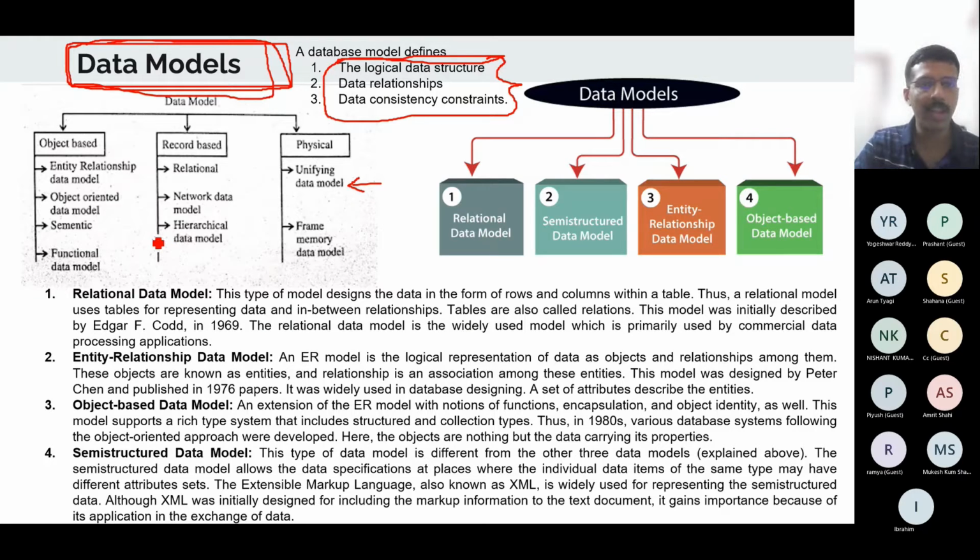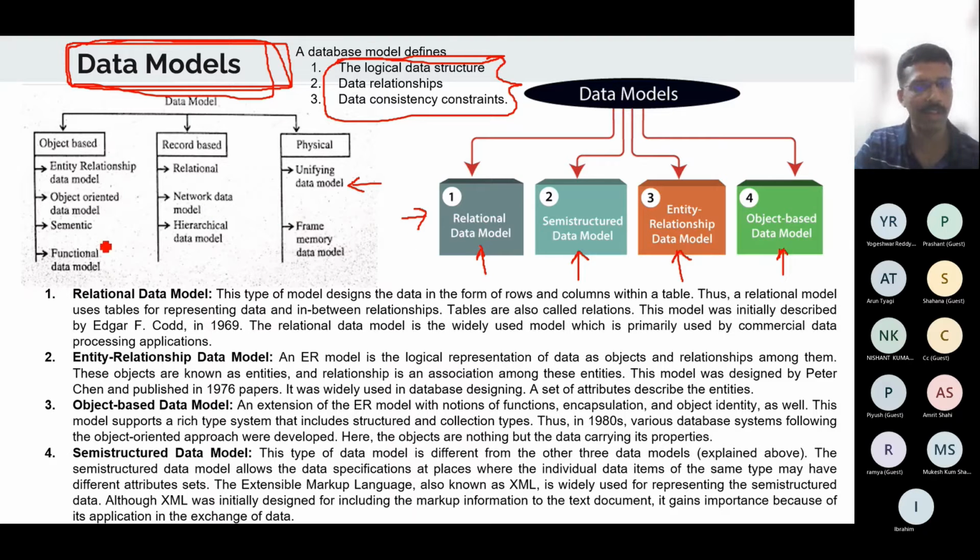So something that is more relevant for the current period is whatever is on the right side: first, the relational data model; second, the semi-structured data model; third, the ER data model; and the fourth, object-based data models.